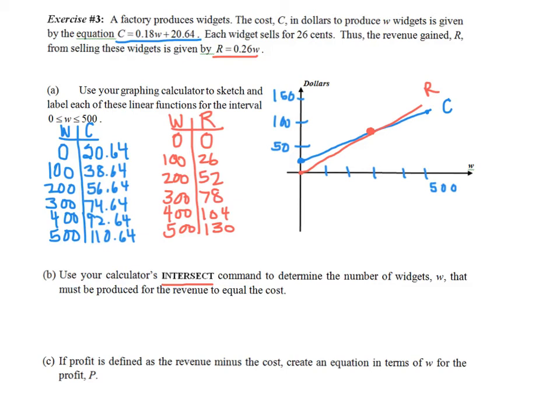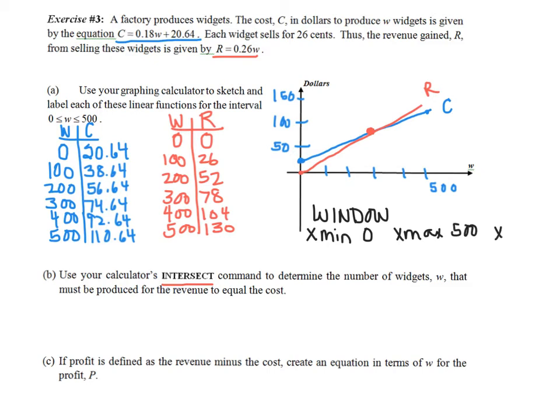If you haven't adjusted your window already, we're going to want to make sure that we adjust our window on our graphing calculator. So you're going to go to the window key. When you press that key, we want to make our window on our calculator match what I've got on my piece of paper. So my X min value should be 0, my X max value should be 500, and